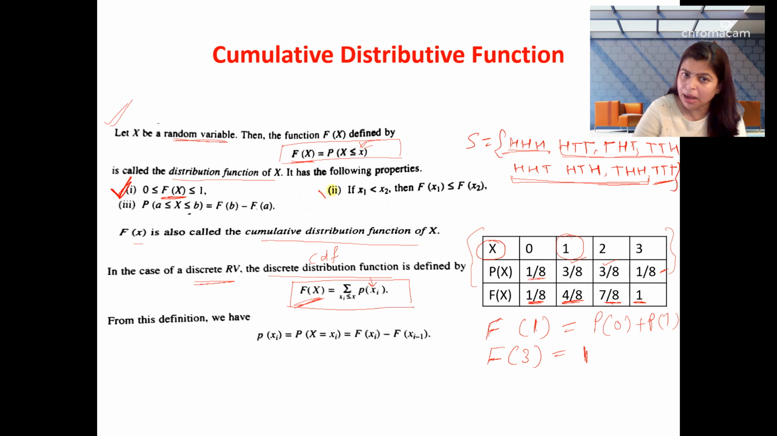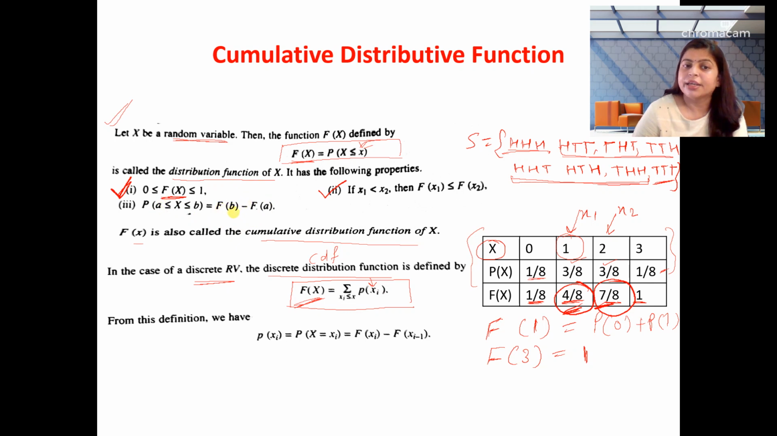The second property says, if x1 is less than x2, then CDF at x1 would be less than or equal to CDF at x2. So what are x1, x2? Let's say suppose this is x1 and this is x2, the values which this random variable x is taking. So if x1 is less than x2, then CDF of this x1 is 4 by 8 and CDF of this x2 is 7 by 8. So naturally you can see 4 by 8 is less than 7 by 8. The third property is